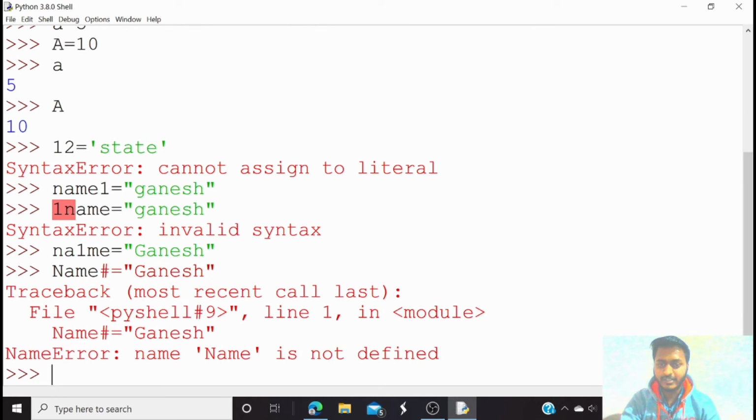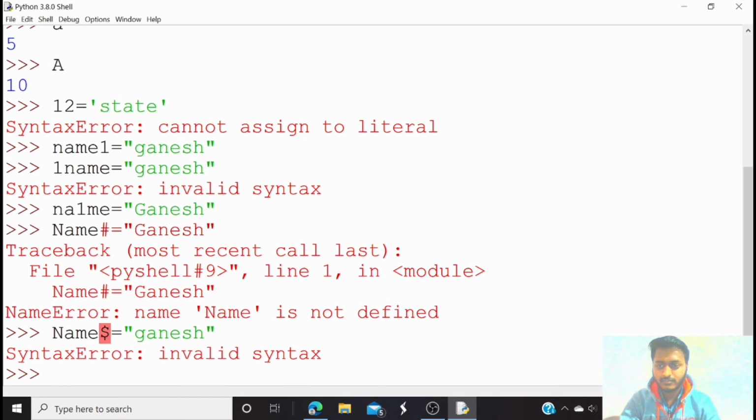So it's giving an error: name is not defined. So let's try another symbol. I am using a dollar sign. So it's giving an invalid syntax. So you can't use any symbol in the name of a variable.